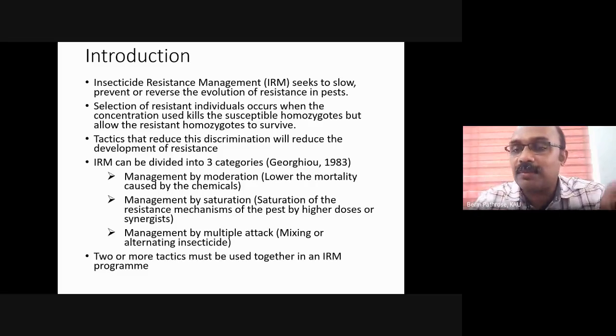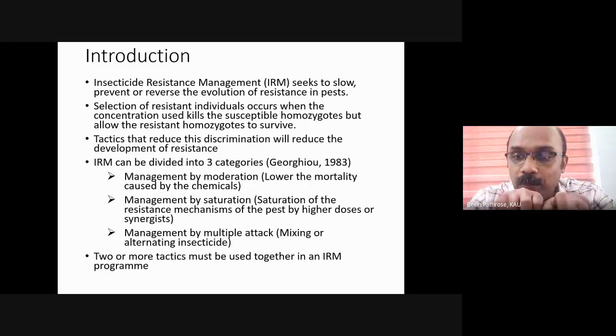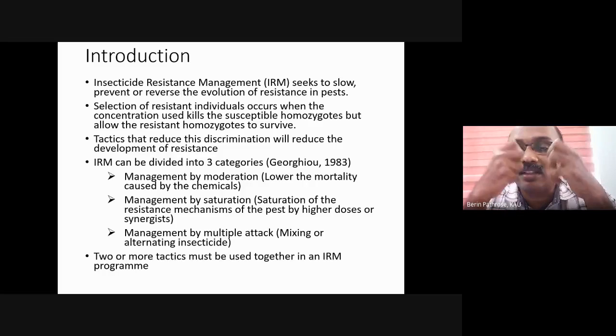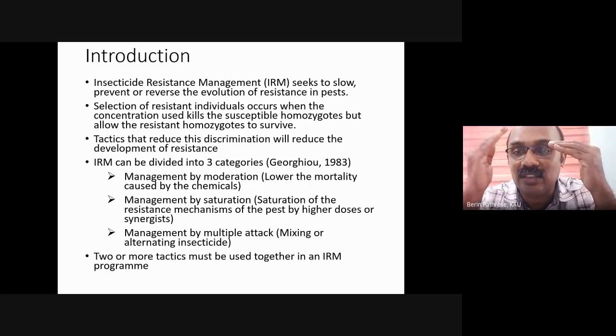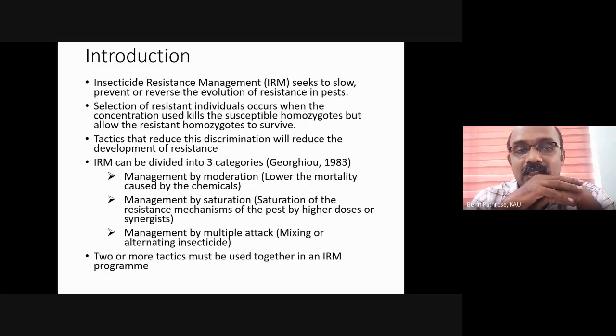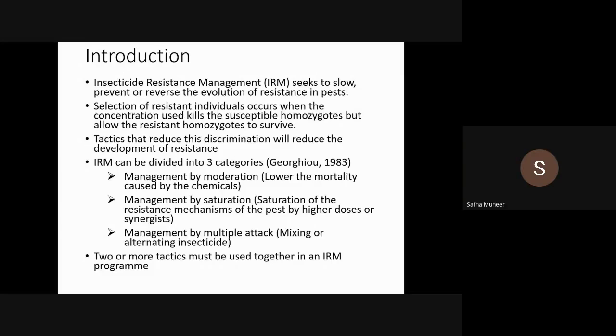But if you are not using the pesticide, the wild population, that means the population which are not exposed to the pesticide, will have a chance to mate with the resistant individuals. Slowly, the resistance will get diluted. The number of individuals with resistant gene will decrease. And thereby we can reverse the development of resistance. Understood how we can reverse it? Yes, sir.